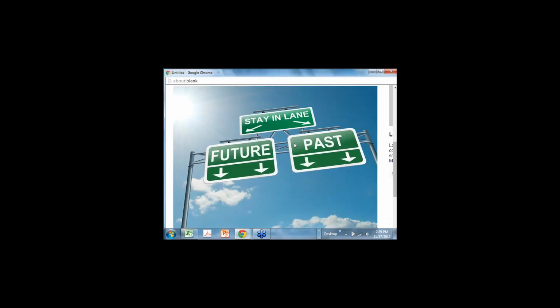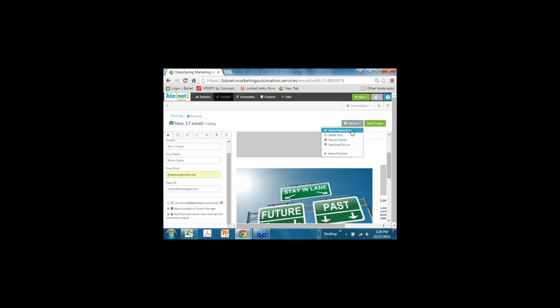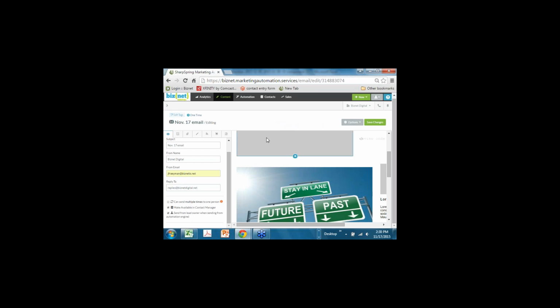This thing is here, but not in any real way bears any resemblance to reality. It's a nice way to look at something outside of the editor, but I wouldn't trust it for validity. So really, the preview email is what we use most often. Then we'll say, all right, I really want to test this as if it's going to go to the ultimate audience. That's where you would use send email to a list,